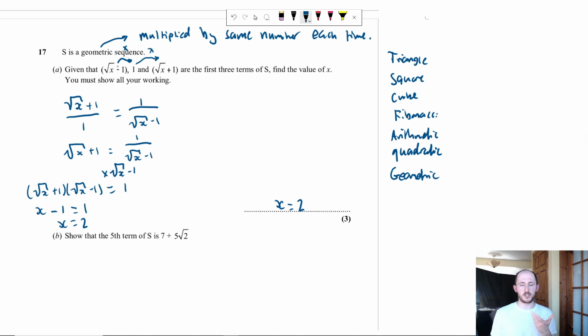So yeah, the common ratio, they call it. So the thing we're multiplying by each time is root x plus 1, which we just worked out is root 2 plus 1. Is that all okay so far? If so, the two ways we can do this is if you want to work out the fifth term, we can work out the fourth term and then work out the fifth one after that. So the third term is root 2 plus 1. So if I multiply that by root 2 plus 1,